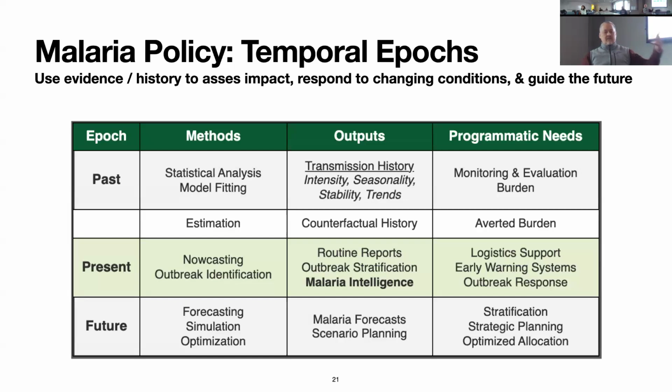I just want to make this point, partly to motivate malaria intelligence, but also to discuss the kinds of things that go on in malaria offices. There are three temporal epochs that we want to think about, and if you keep this clear in your head, it makes it easier to decide what you're doing. There's the past, where we get all our data. All of our statistical analysis is about the past. There was one past, never going to happen again, so I can't go back and do an experiment in the past.